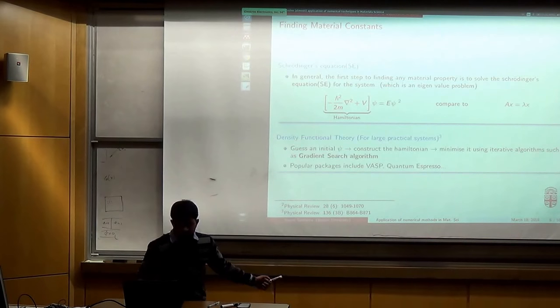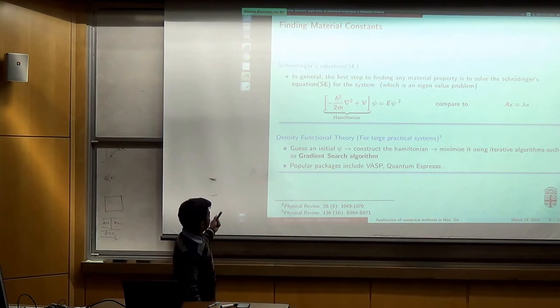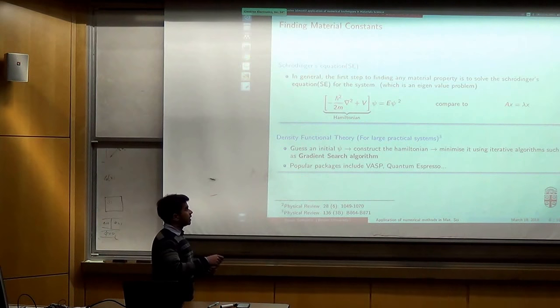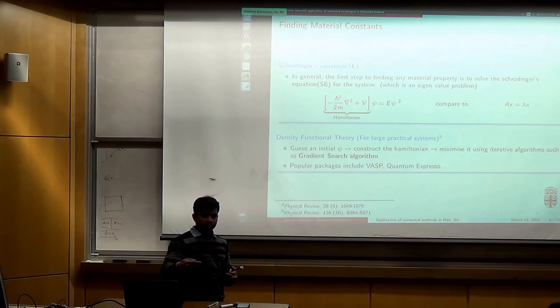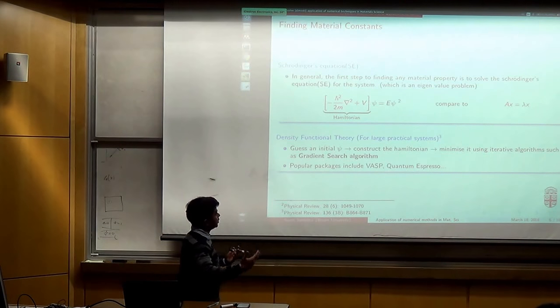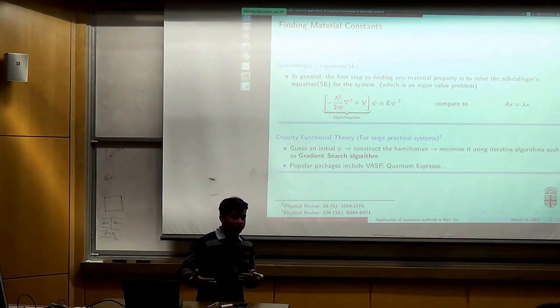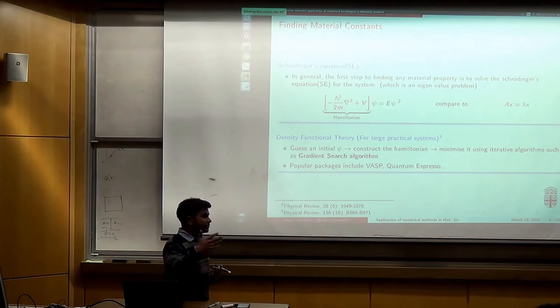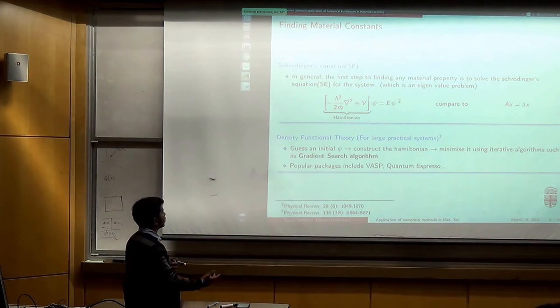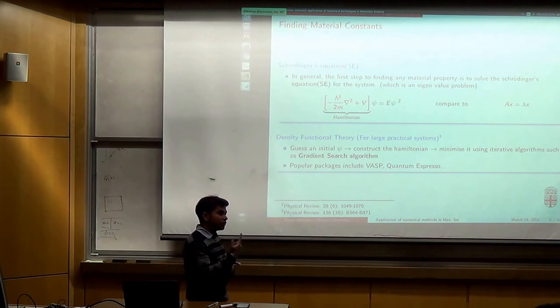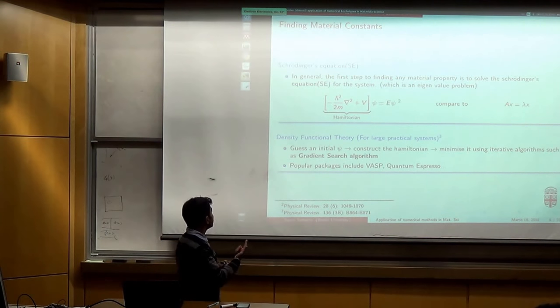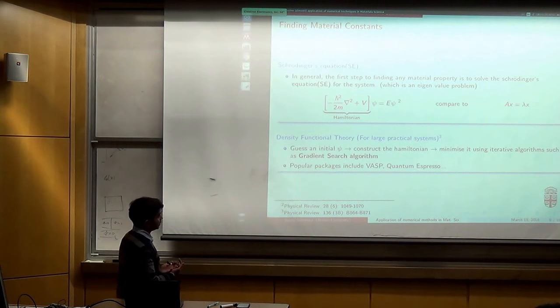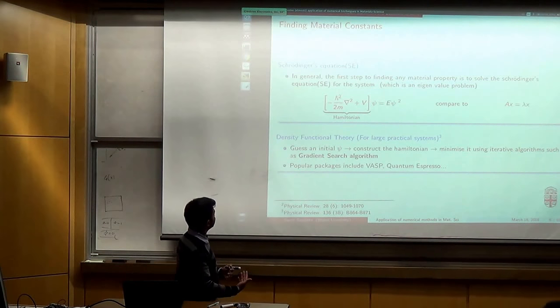Okay. Now, life is not easy because, for a system where psi is an n cross 1 vector, the Hamiltonian is n cross n, where n is the system size. So solving the Schrodinger equation on a computer scales with a factor of n squared, which gets pretty big in a pretty short amount of time. So it's technically impossible and would take all of human lifetime to solve the Schrodinger wave equation exactly for one particular material. What do we do? Instead, we go to density functional theory, where the technique of solving is: